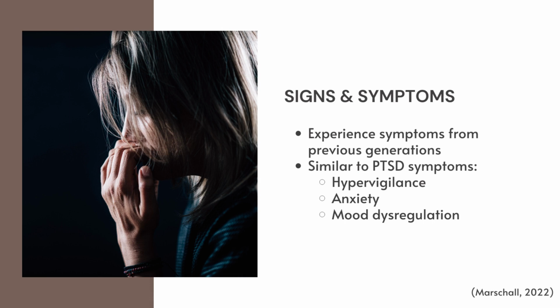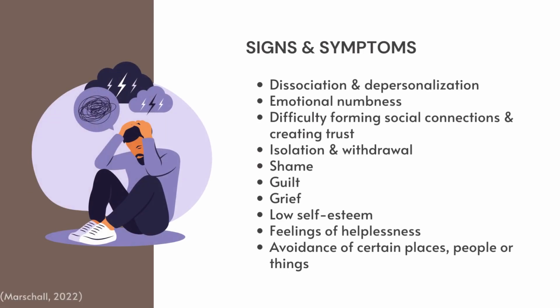Symptoms. People who experience intergenerational trauma might experience symptoms from previous generations. These symptoms might be similar to those of post-traumatic stress disorder, such as hypervigilance, anxiety, and mood dysregulation. Other symptoms can include dissociation and depersonalization, emotional numbness, difficulty forming social connections and creating trust, isolation and withdrawal, shame,